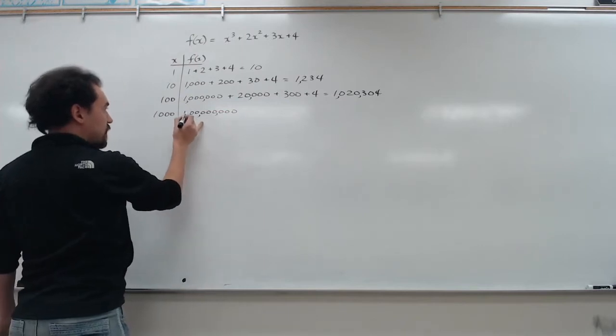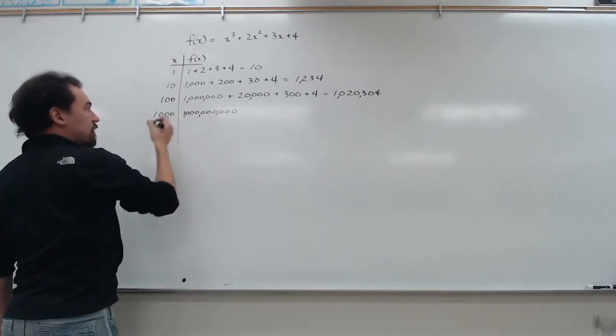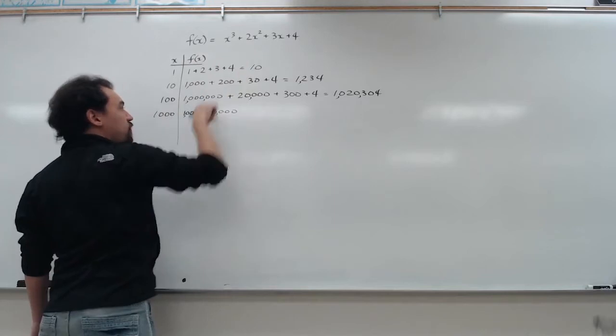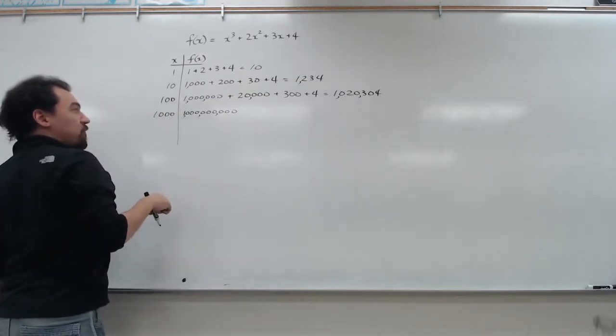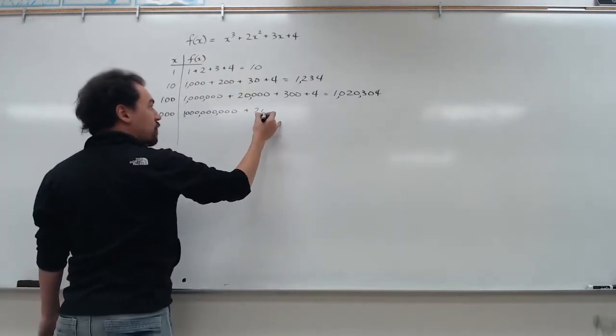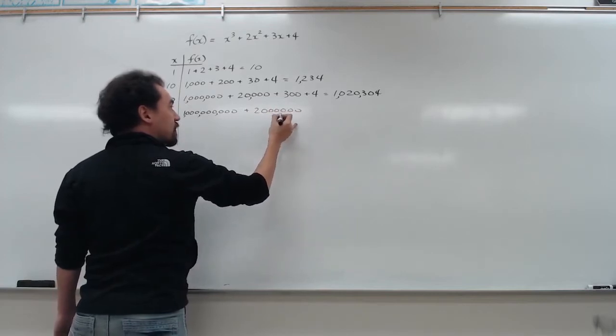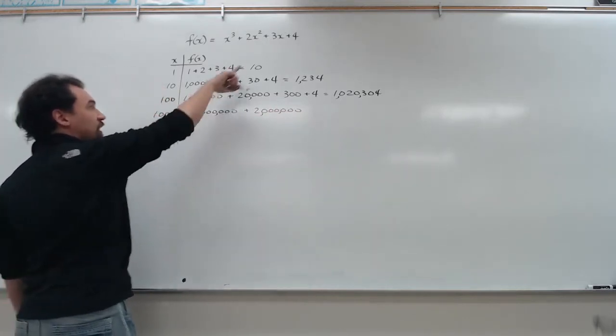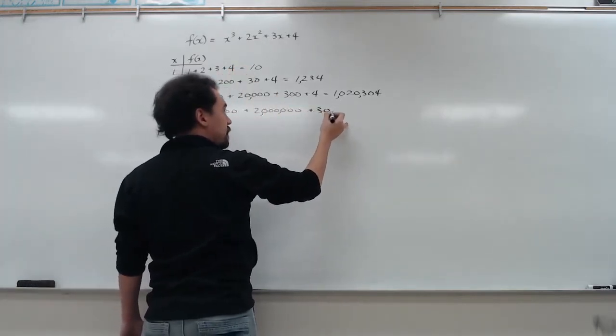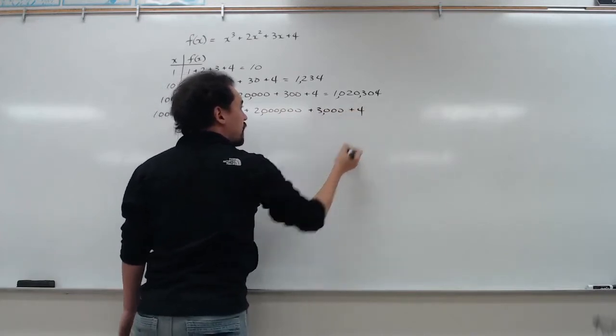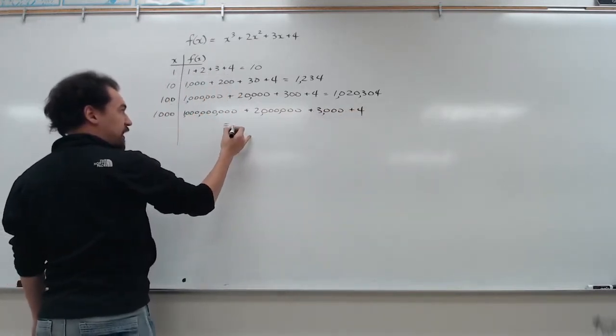That's not enough zeros, sorry. Then 1,000 squared is 1 with 6 zeros. Multiply that by 2, and I get 2 with 6 zeros. Then I go to 1,000 times 3, and then I add 4 at the end. So with all this combined, I can say this is